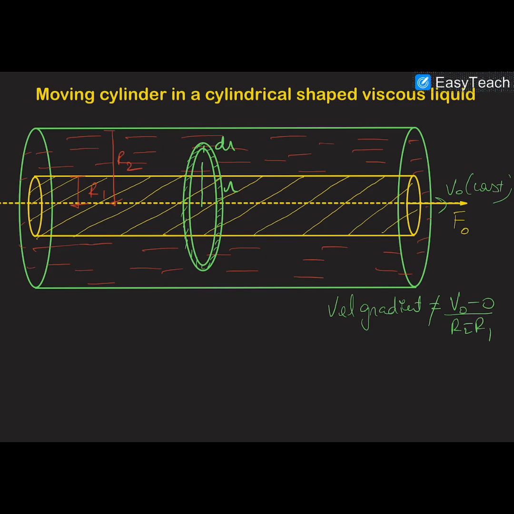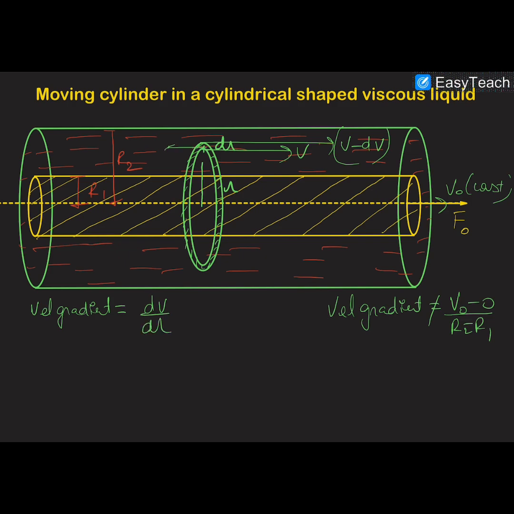So let us suppose that at any distance r from the axis of the cylinder there is a small thin cylinder whose width is dr. This is a cylinder. I have not drawn the complete surface, but this is the thickness of the cylinder. So the velocity of the inner point of the cylinder will be v, and the velocity of the outer point will be v minus dv, because this velocity will be decreasing, obviously. And obviously we can say that the velocity gradient will be equal to dv upon dr,